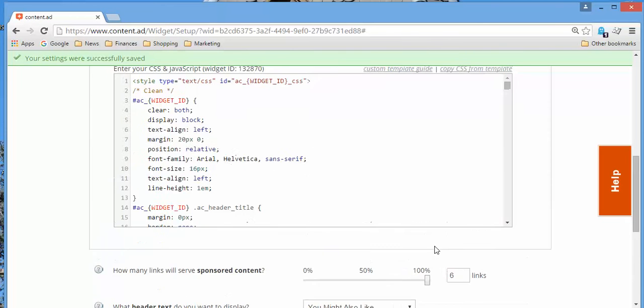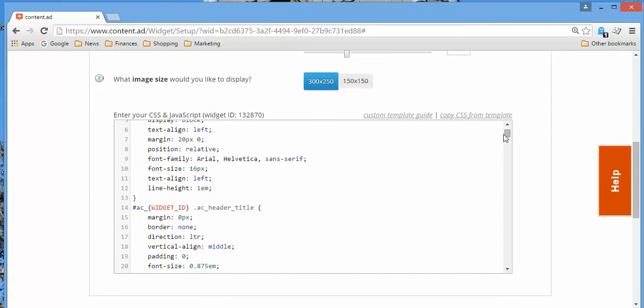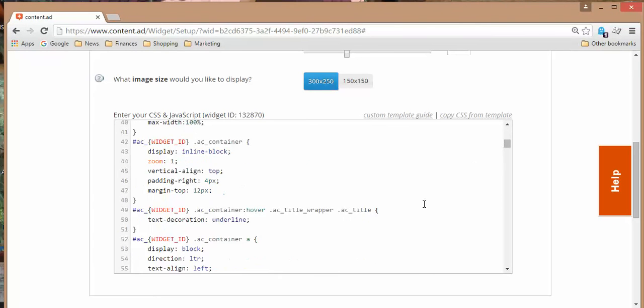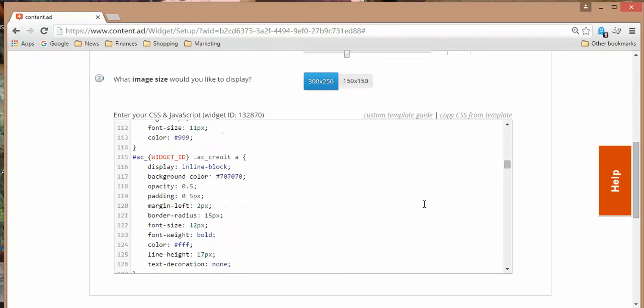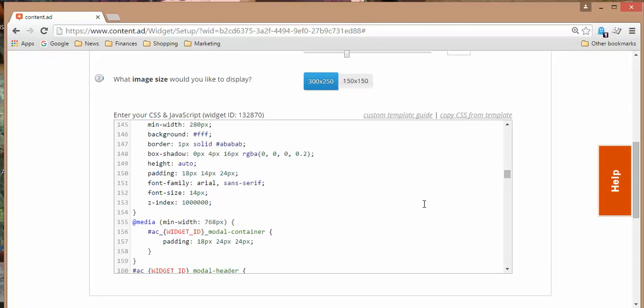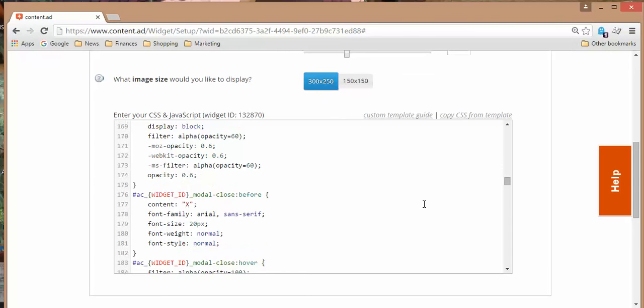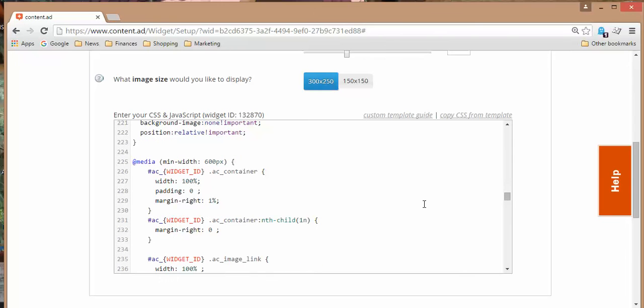If you wanted to change it to something other than 1 column, you have 2, 3, and 4 available as standard. This is how to do 1. If you want 5 or more, you're making the images smaller, so take that into consideration. That can sometimes have an adverse effect on conversion. But if you wanted to do it, what you need to do is come down here and look at the, here we go, the minimum width 600, and